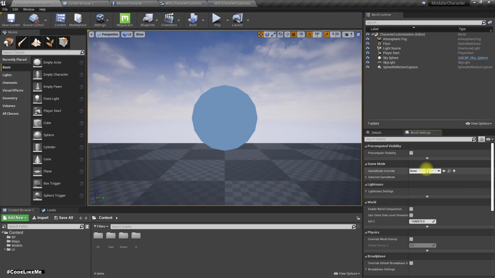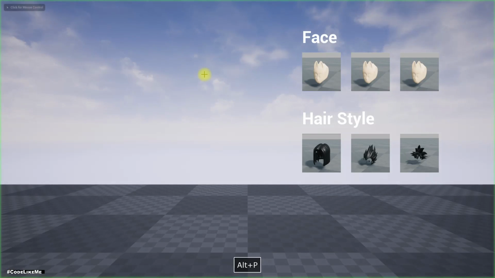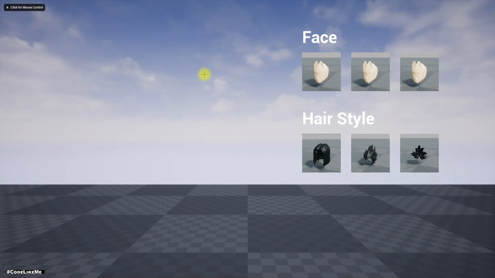Now here select the game mode character customization and select the HUD character customization. Now when you play, you have the menu like this,